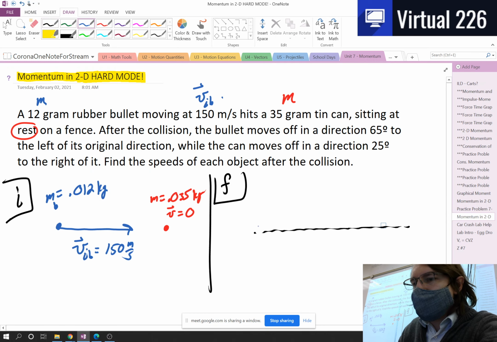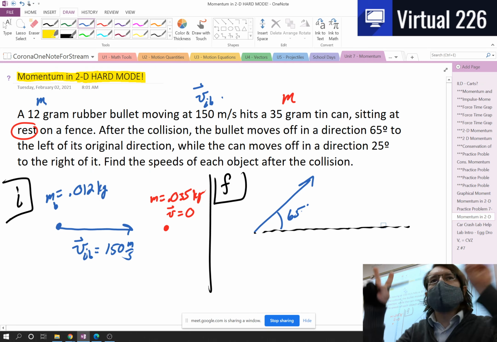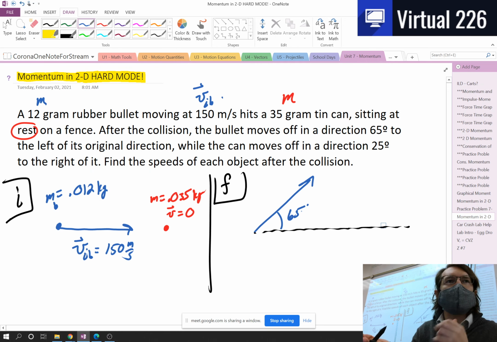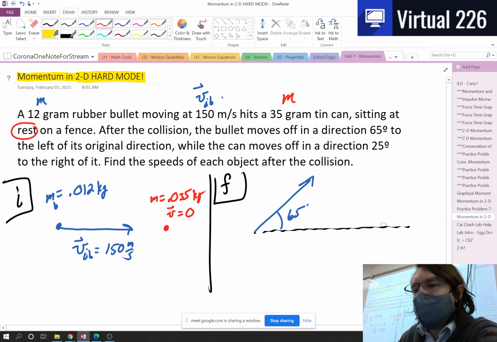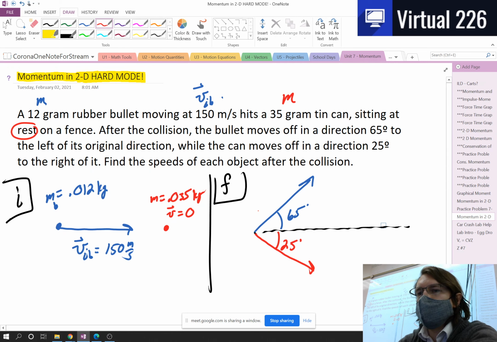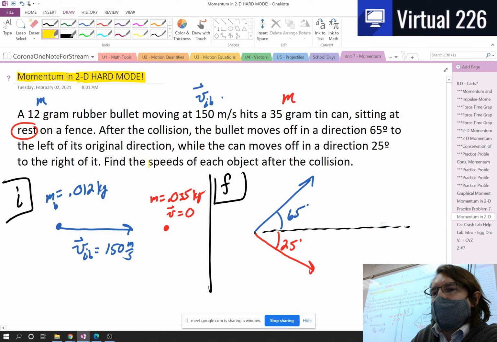The bullet deflects off 65 degrees in that direction to the left of the initial. It looks like up on our paper, but if you were the bullet, it'd be left for it. The tin can also deflects, but it deflects down or to the right at 25 degrees. What we are looking for is how fast are these objects, the bullet and the tin can, moving after the